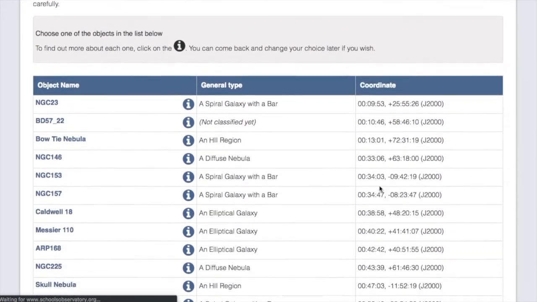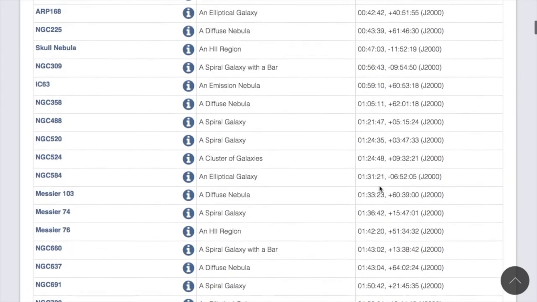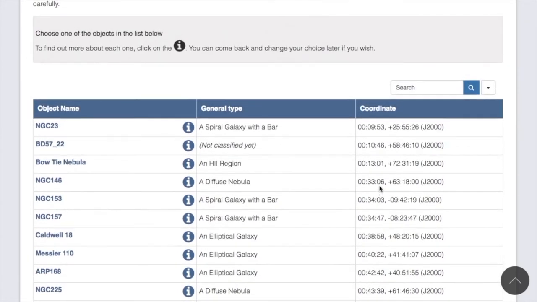The next step is to choose an object. Now, there are many, many millions of galaxies and nebulae in the universe, and most of them are inappropriate to observe like this. They're too small, they're too far away, they're in the wrong part of the sky or something like that. So we've narrowed that very large list down to a few dozen which we think are appropriate to this particular telescope and instrument. But there are still quite a lot to choose from, and this is where the students have to start using their astronomical knowledge, the different kinds of objects, and also when during the year an object might be observable.